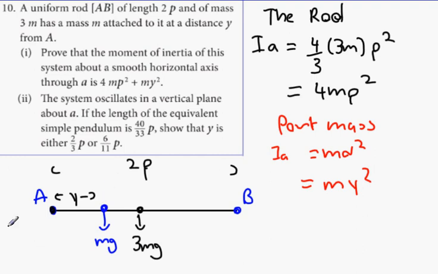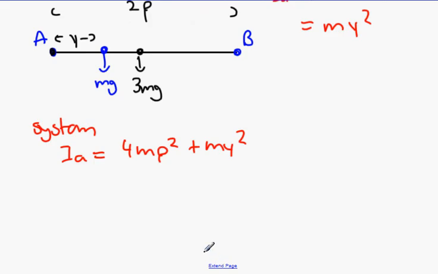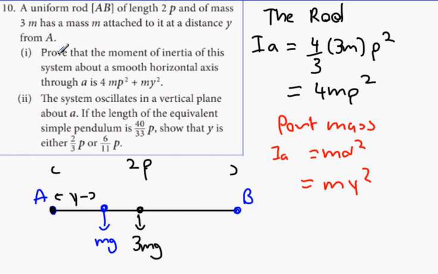Okay, so the system therefore has inertia around A of 4mp squared plus my squared. Okay, so 4mp squared plus my squared. Right? Next thing I have to do is, if you read the question, it says, prove that the moment of inertia of the system about a small horizontal axis through point A